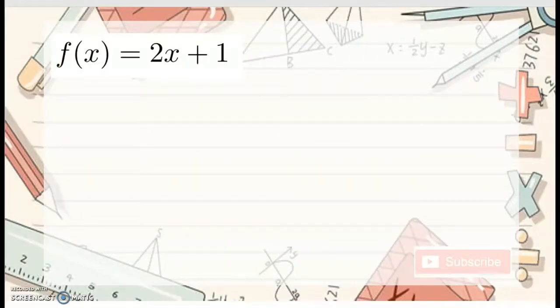On your first example, what we have here is f of x is equal to 2x plus 1. So in here, we have a linear function. When we say linear function, the highest degree here is 1, or the highest exponent that you can see on your variable is 1. So before we identify the domain and range, always remember that when we say domain, those